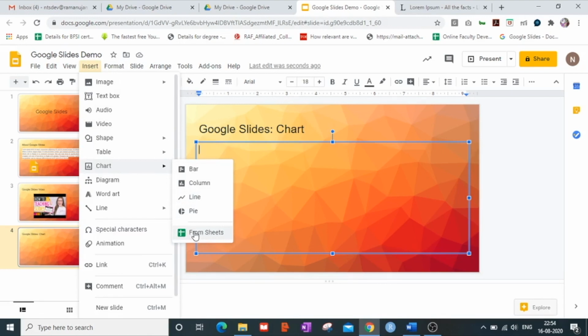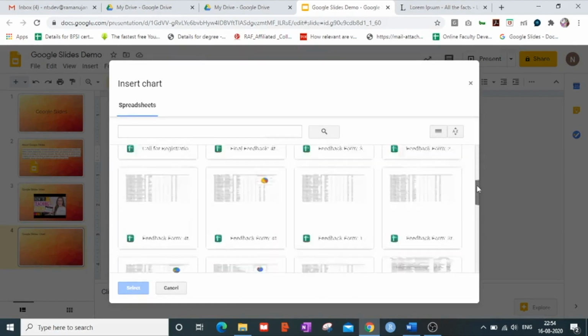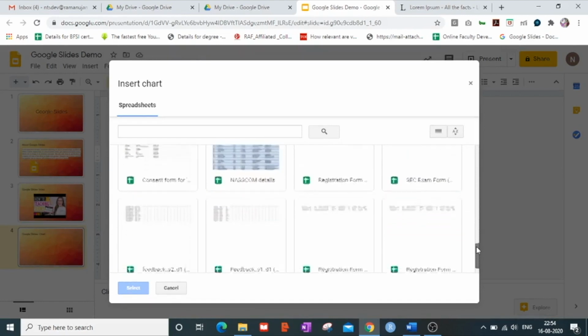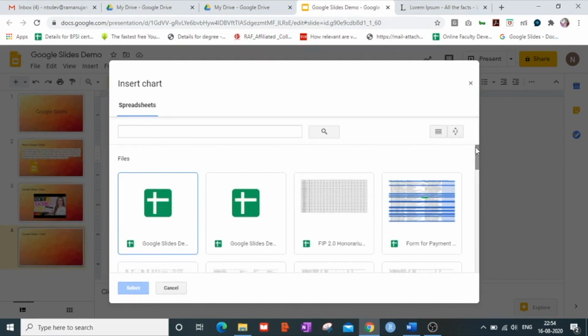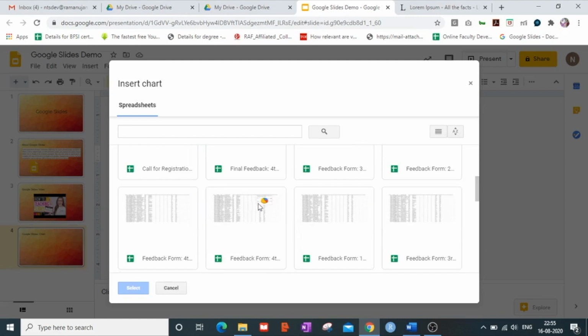Now when I click on from sheets, it gives me a pop-up and it shows me the spreadsheets in which I have previously created some pie chart. Suppose I wish to add any pie chart or any kind of chart from these spreadsheets. So what I'll do is, suppose I wish to insert this pie chart.